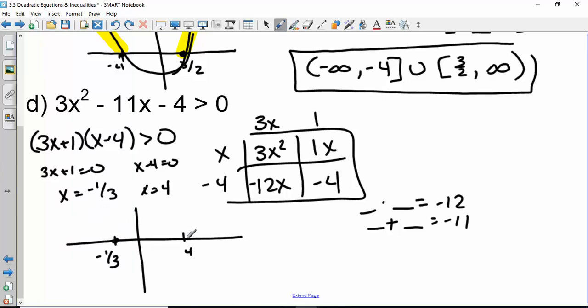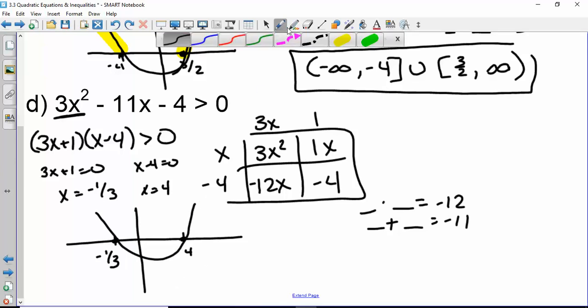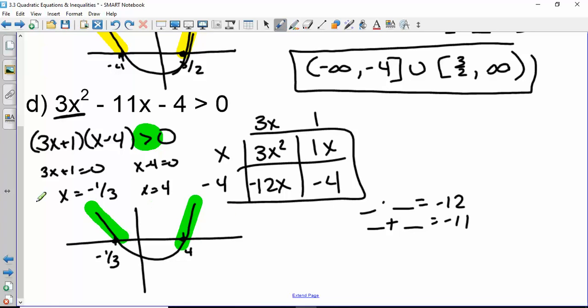This was greater than, the first term is positive, so it will open up. We're asking where it is greater than 0, so that is -1/3 and 4. Greater than is above the axis,